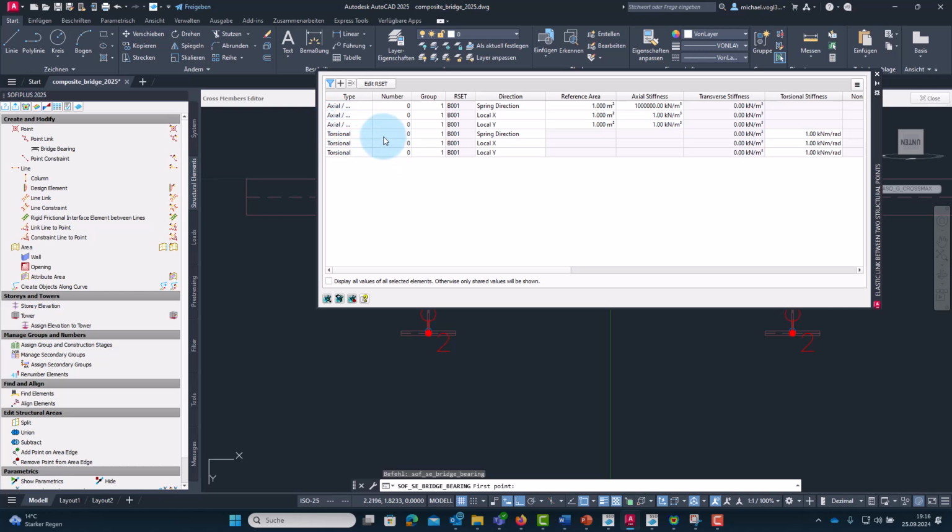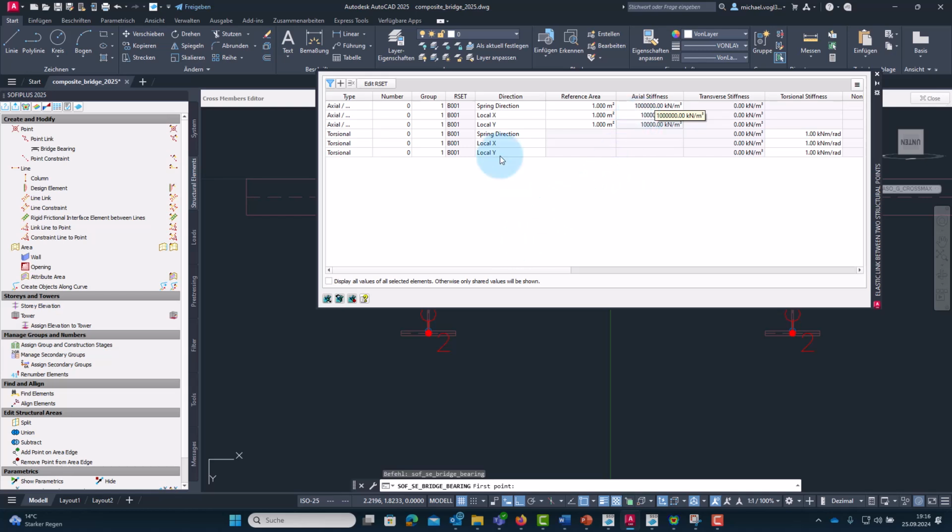And what I would like to do is to define these bearings as elastomeric bearings with an axial stiffness in horizontal direction of approximately 10,000 kilonewton per meter. So that's what I set here. The vertical direction I want to have very stiff. That's already inserted here. Okay, so I can now create the bearings.